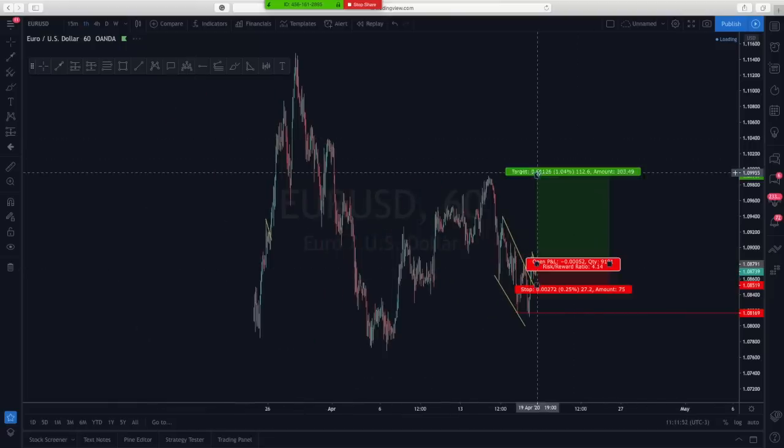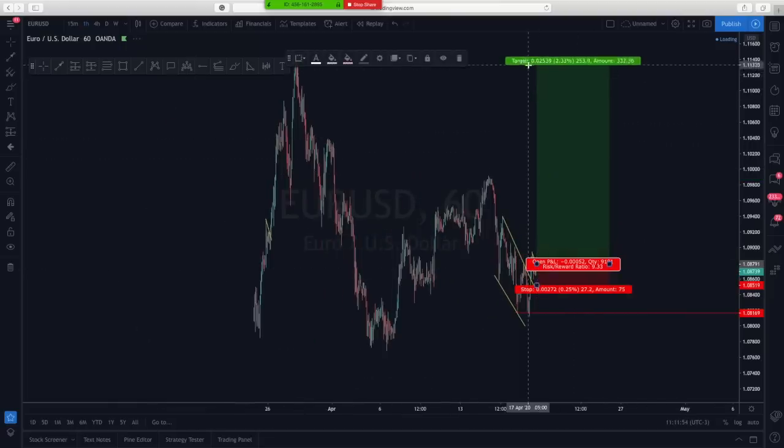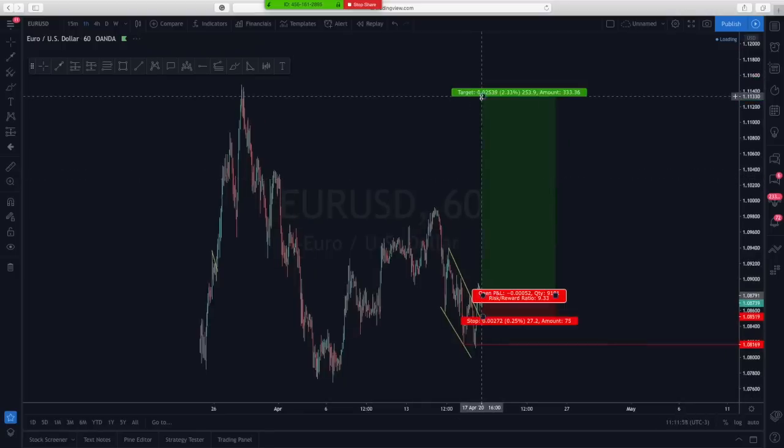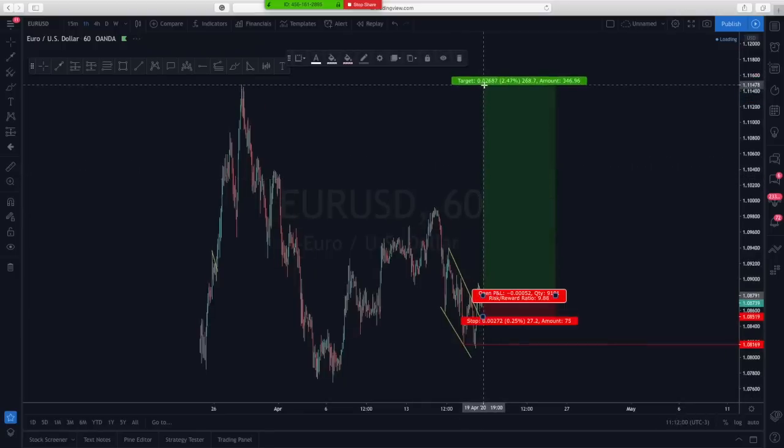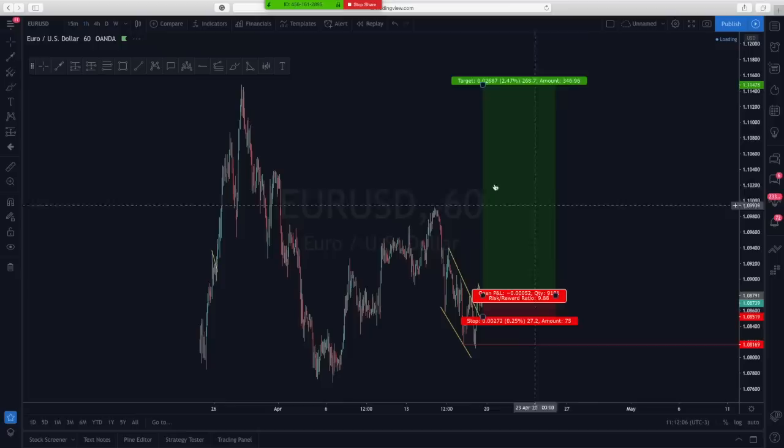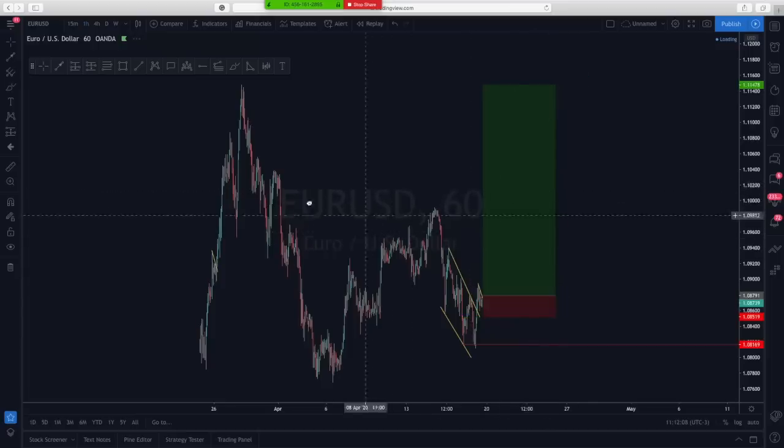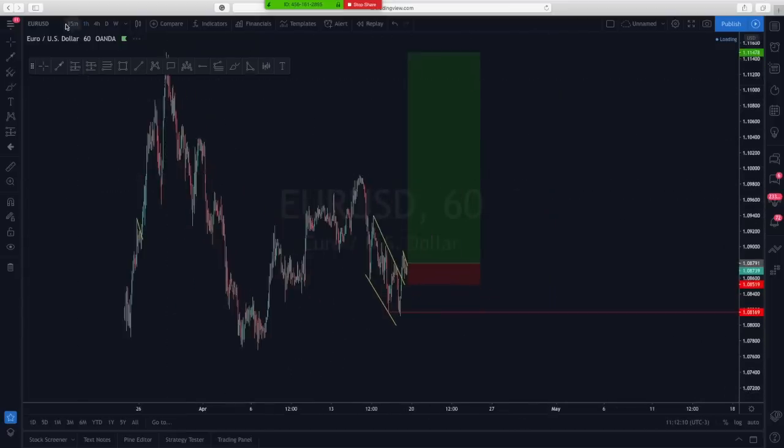Okay, and our second target is going to be somewhere here, looking to hold. Our second target being here, maybe a 9.8%, which will be good if you secure something like 9.8%. This is going to be amazing if you get to secure this much. But this EURUSD, guys, let me show you on the 15-minute time frame.